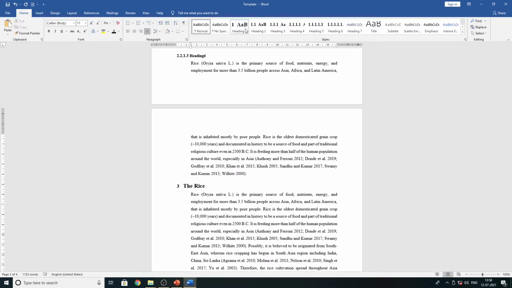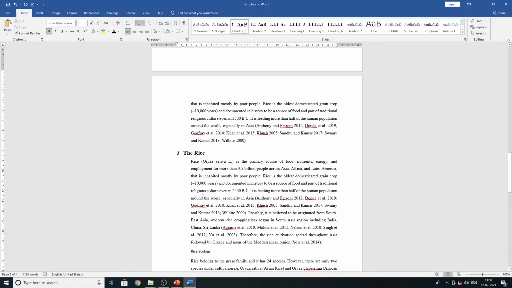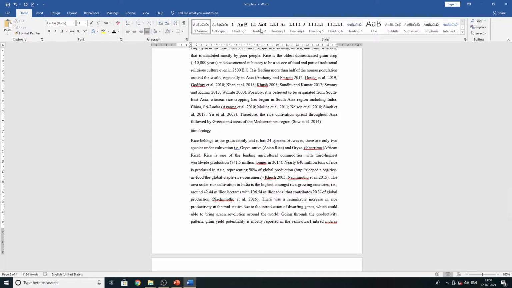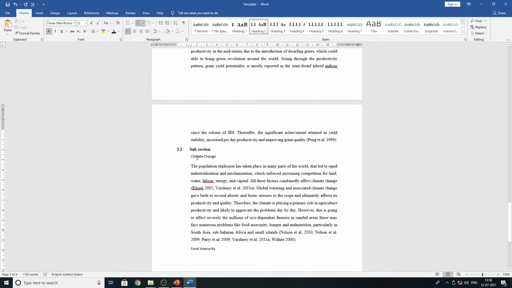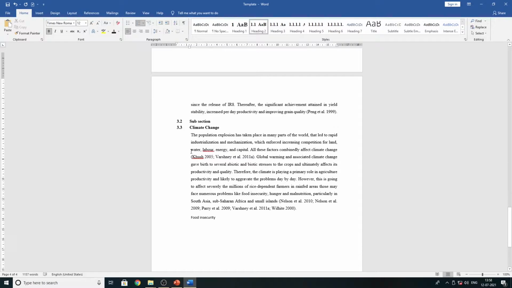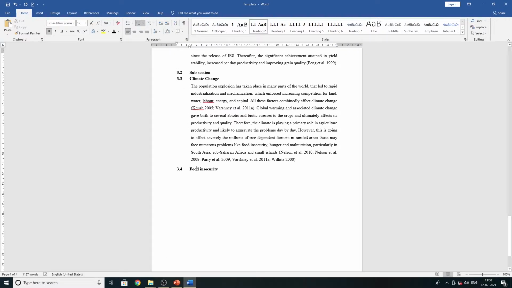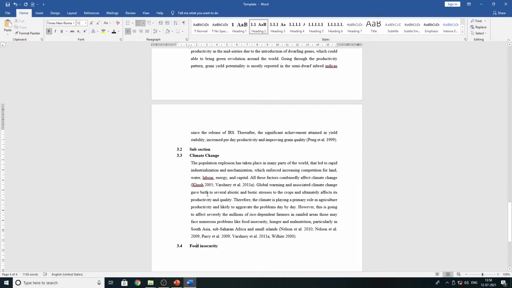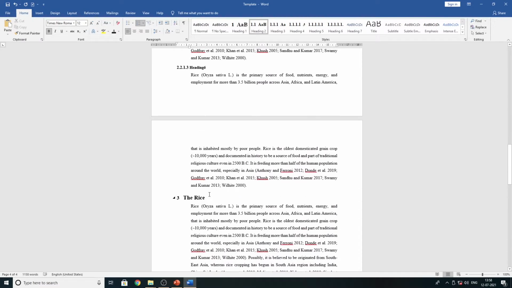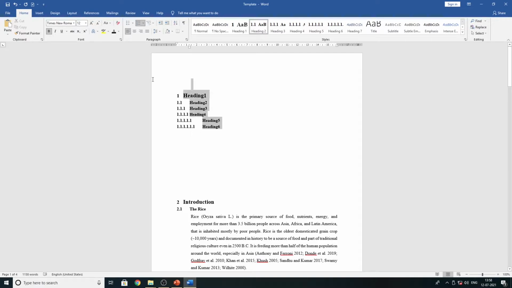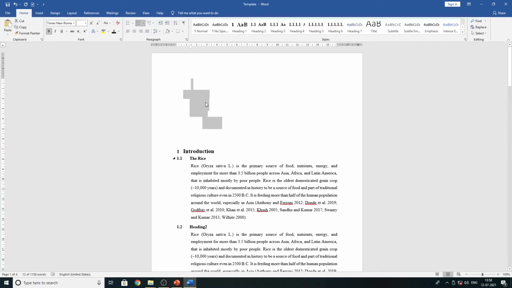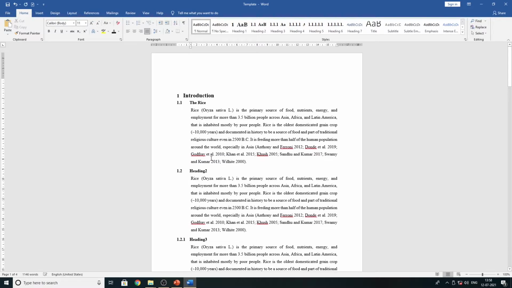Again, I'm going to create heading style 3, heading style 1, so second one, third one. See, your heading is already completed. Now I'm going to delete this from here, cut here. See, automatically everything is going to set according to your heading.